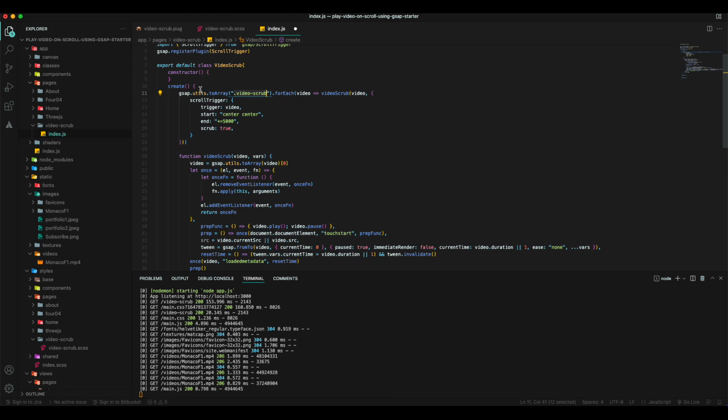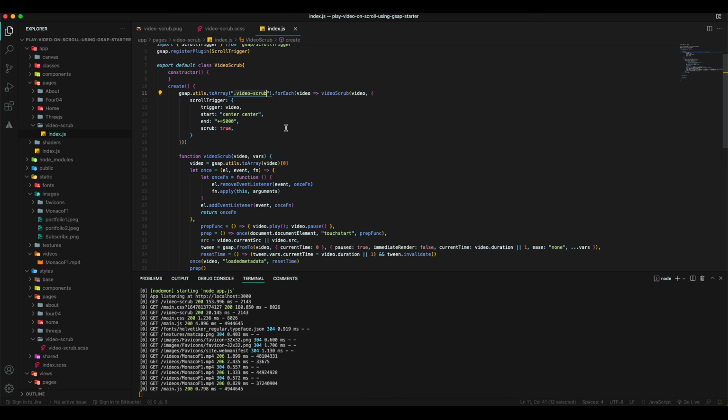Take a look at it in the final code that will also be on GitHub. You can find the link in the description box below this video, and you can also play with these start and end points for a ScrollTrigger